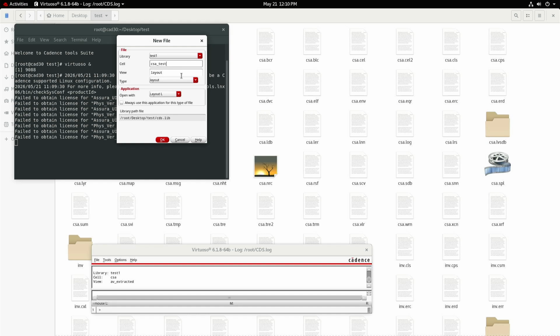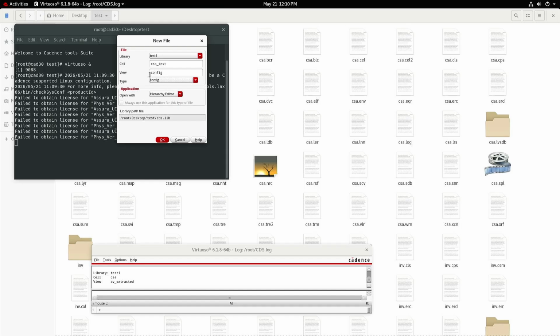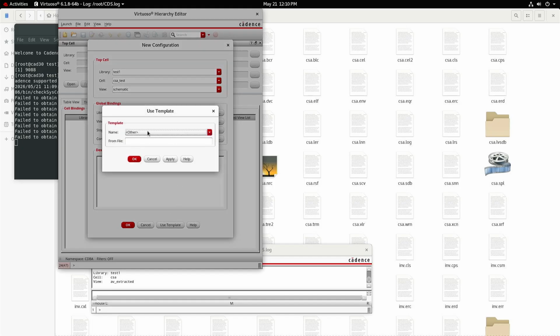Then change the type to config. Once I change it to config, the view automatically becomes config and Open with becomes Hierarchy Editor. Say OK. It will open two windows. In the first window, the new configuration window, change the view to schematic. Then click on Use Template, then Spectre.